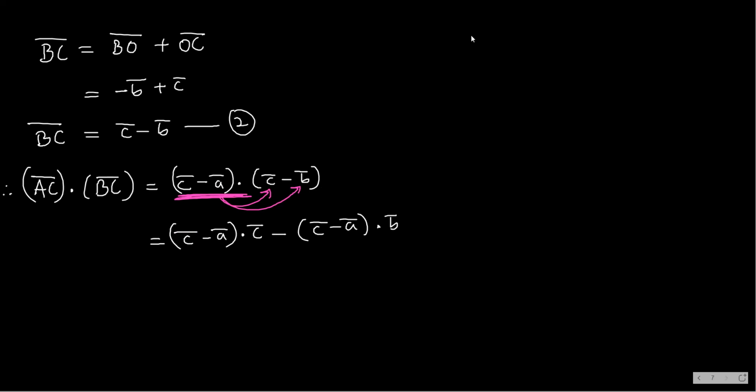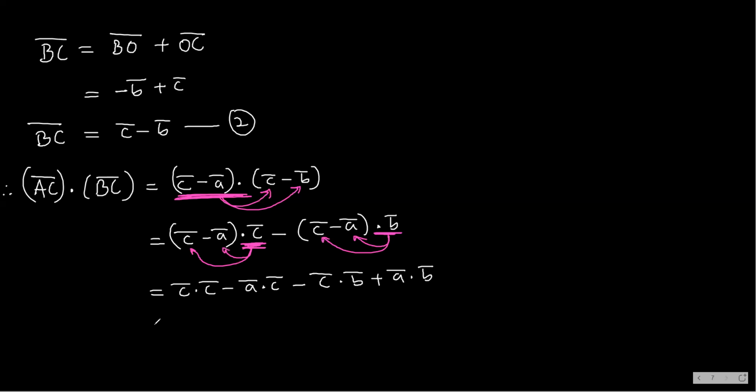Now distribution from right. So here you will have C bar dot C bar minus A bar dot C bar minus C bar dot B bar plus A bar dot B bar. This gets me mod of C bar square,